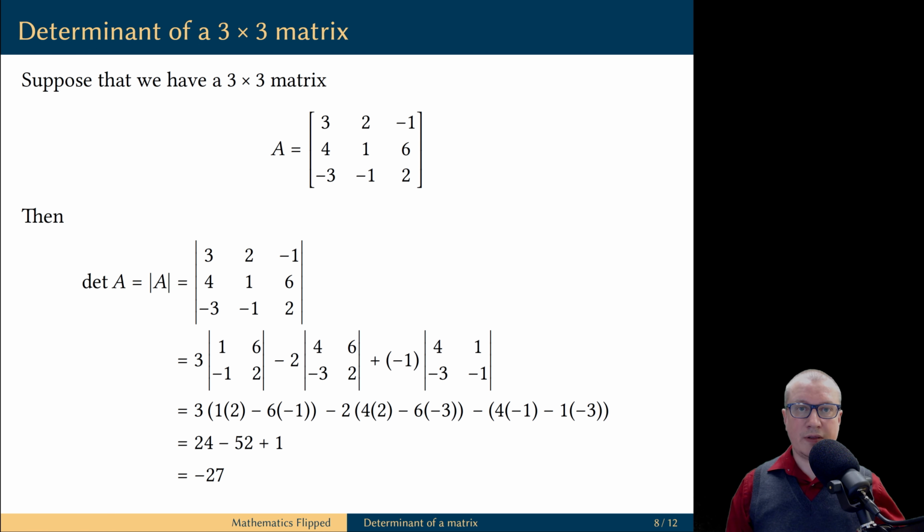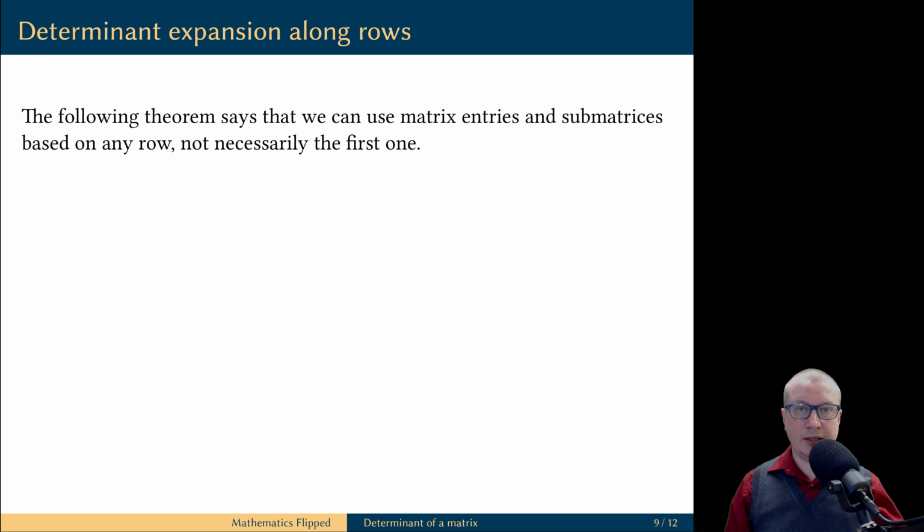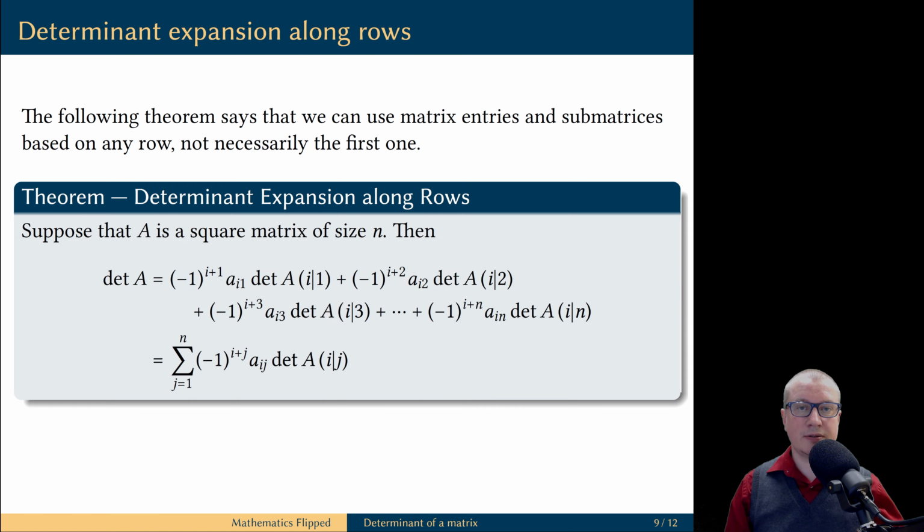Now you can imagine that the larger the size of the matrix, the more difficult it is to compute the determinant. Even though we defined the determinant using cofactor expansion along row 1, in fact, we can use a cofactor expansion along any row of the matrix. The pattern is similar to the definition. We take entries from one row of a matrix, and we multiply each entry by the determinant of the submatrix, which is obtained by removing the row and the column in which this entry is located.